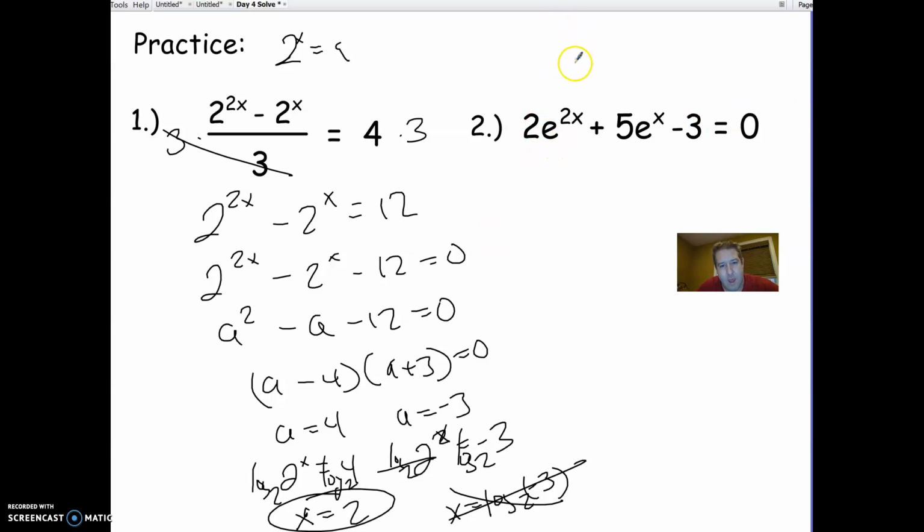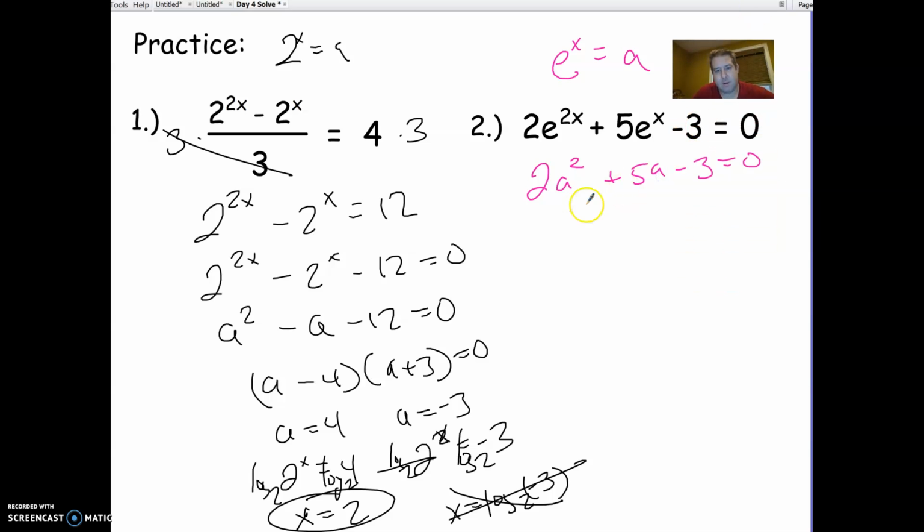All right, so over here, I'm going to change e to the x to a. So that would be 2a squared plus 5a minus 3 equals 0. Move myself out of the way. 2 times negative 3 is negative 6. The two numbers that give you negative 6 and add up to 5 would be a plus 6 times a minus 1